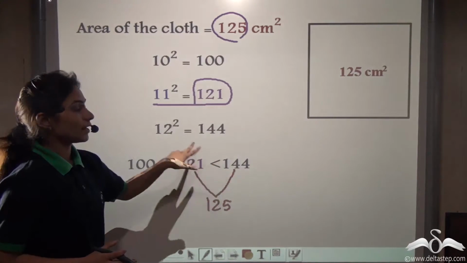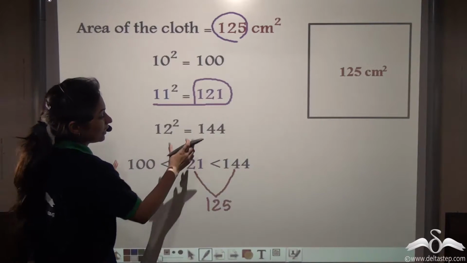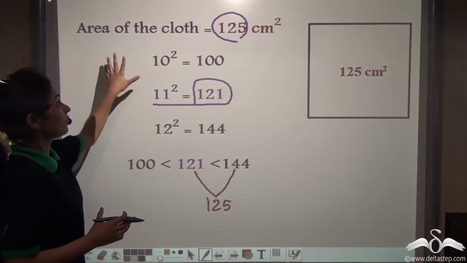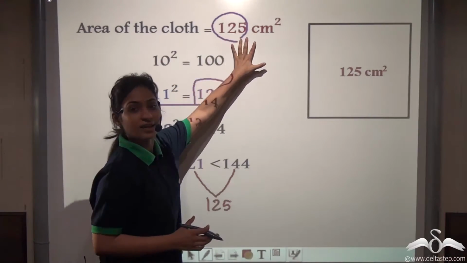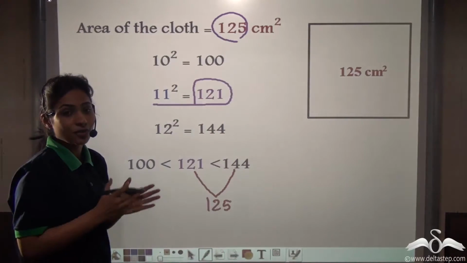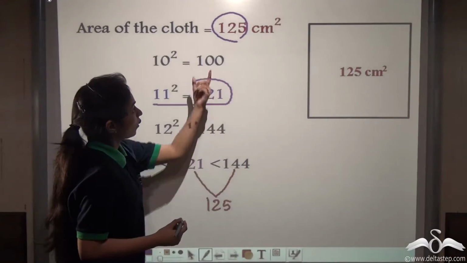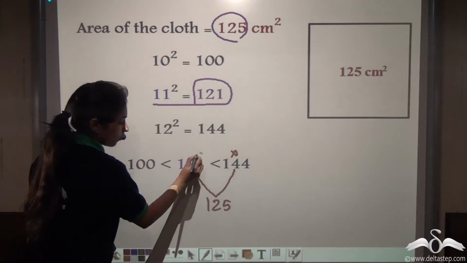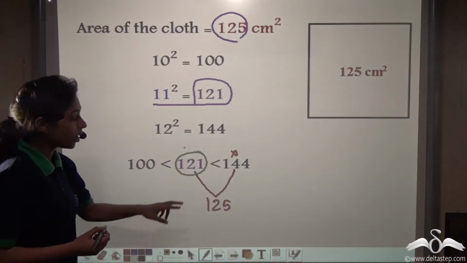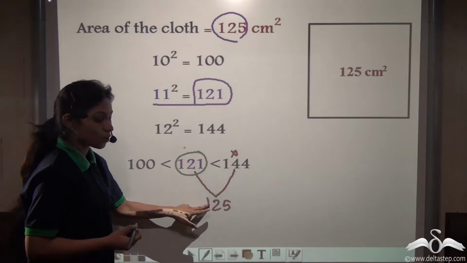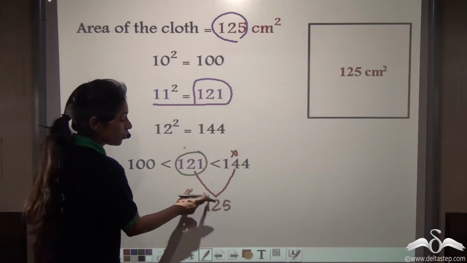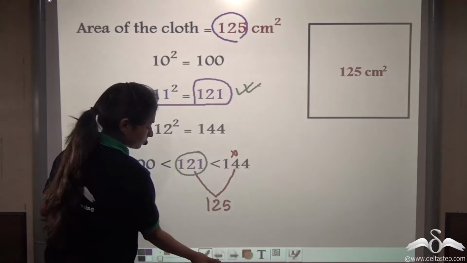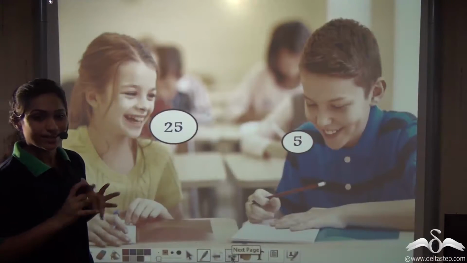So which of the squares can we take here? Well, you can see that 144 is greater than 125. So we cannot take that because we have the area of the cloth as 125 centimeters square only. We cannot make a handkerchief whose square is more than 125. So this option is not valid for us. So we are left with what? 121. Right? Now this is the only square that is closest to 125 and less than 125. Right? So we will take 121. So now you know how to do estimations.